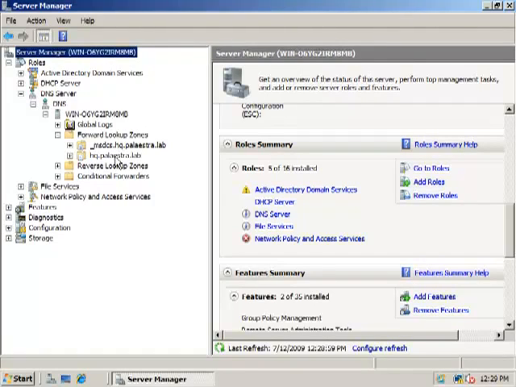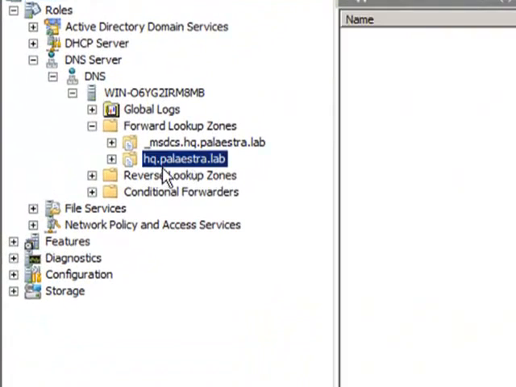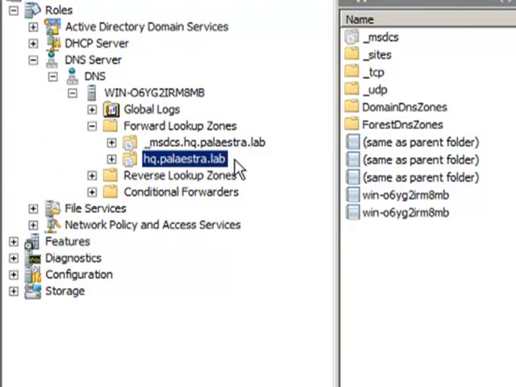This server is going to be authoritative for hq.palestra.lab. Now, looking at this, you can tell this is probably an internal namespace, right? Because I'm using .lab as my top-level domain. My domain name is Palestra. My subdomain is HQ, so it's subdomain HQ on domain name Palestra on top-level domain .lab. So this is an internal namespace. I could not use this out on the internet because, well, .lab